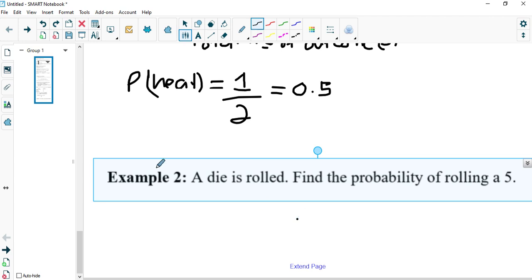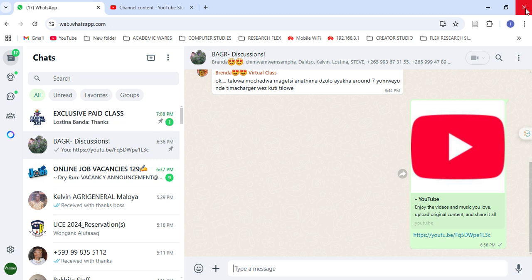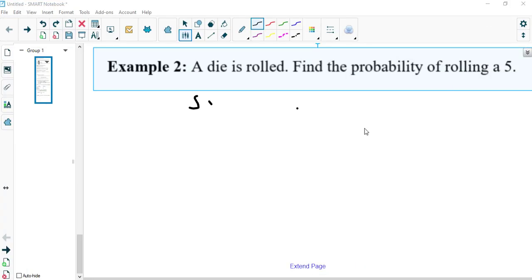If you remember the procedures as I said, this question is very easy. The first thing to do is to list all possible outcomes. Remember the sample space. That's the first step. So here you're going to say the sample space should be equal to,